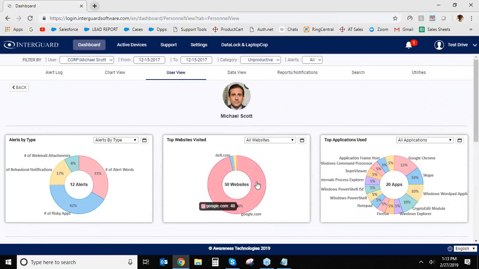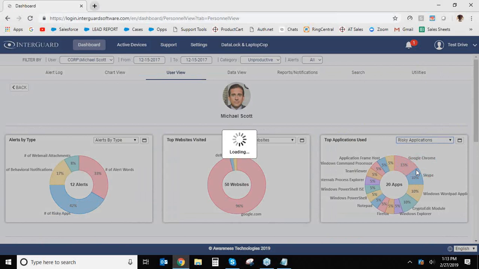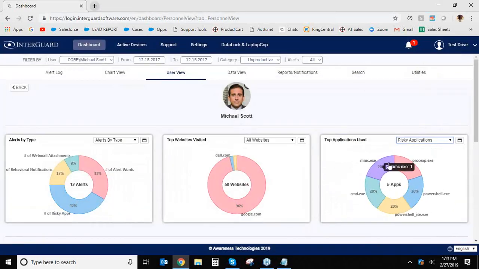Again, 48 visits to Google. I might want to better understand what he's doing there. There are a lot of risky apps, so I can come over to apps and I can come down to risky, and I want to see what risky apps he is using. And if these are risky apps, then that's a concern. I'd probably want to have a conversation with him about